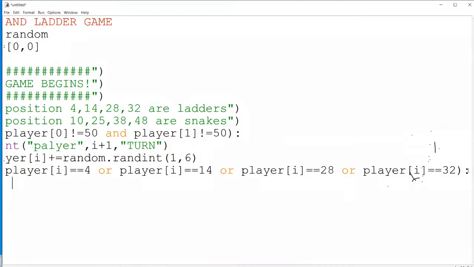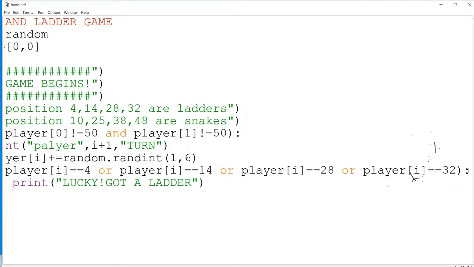The same message we can give to the user, so print lucky. Then once he got the ladder, now we need to update this position.